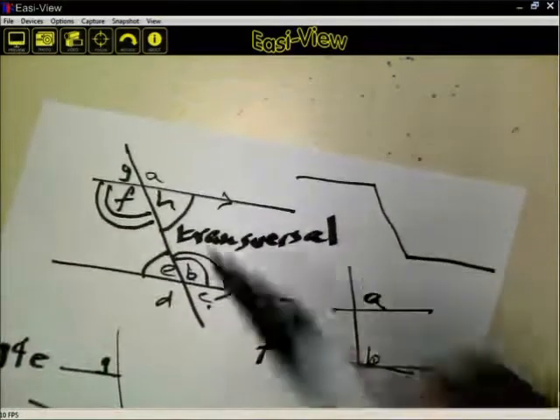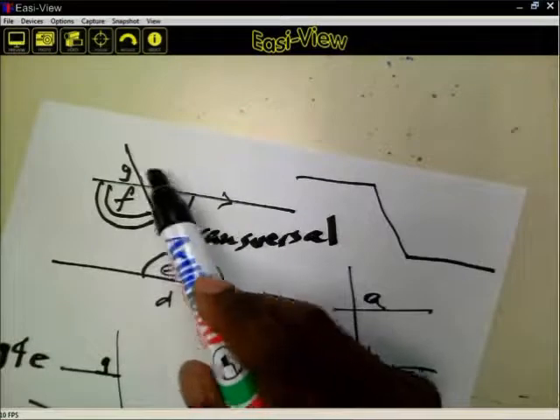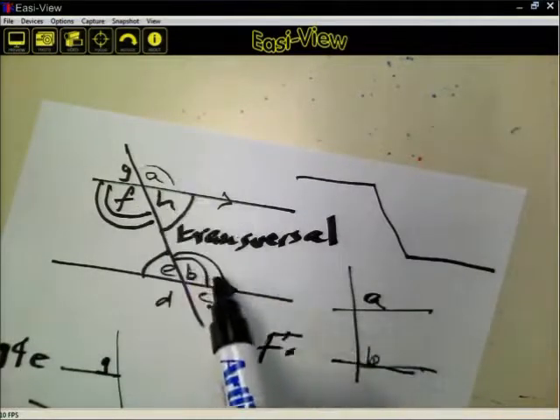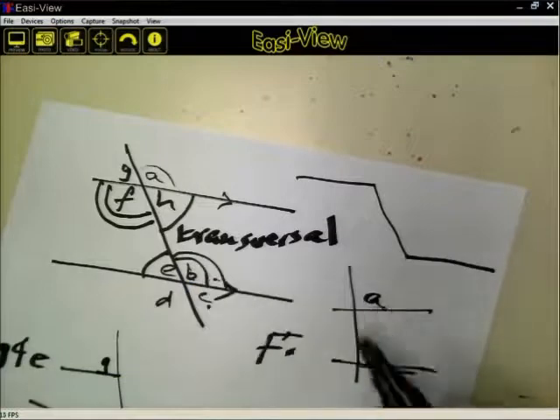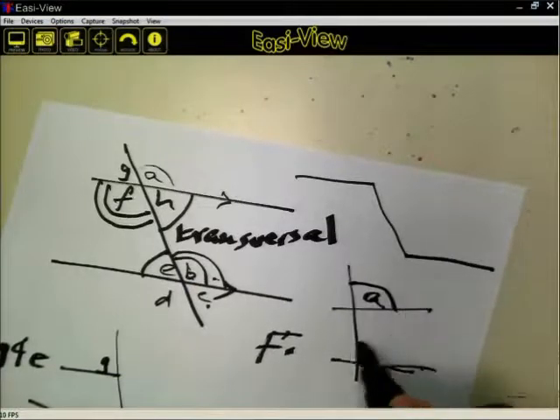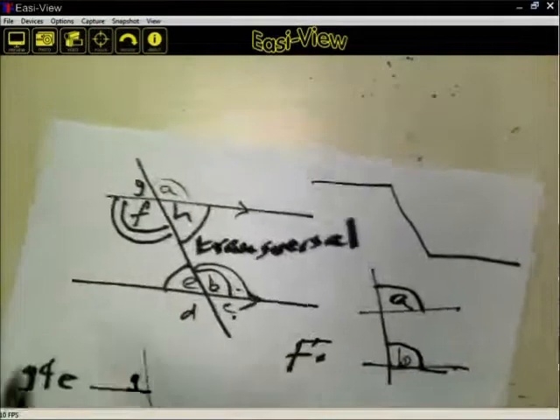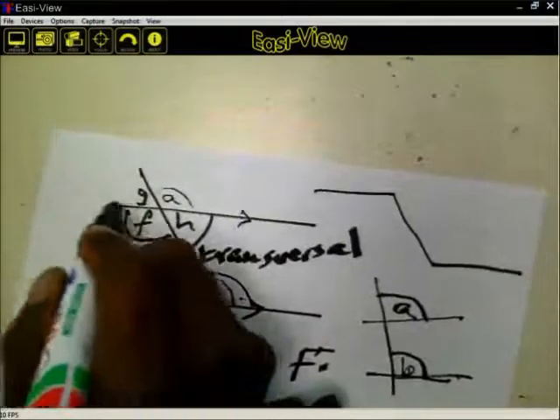Corresponding angles are on the same side of the transversal. A is to the right, so is B. A and B are corresponding, they are to the right. At the same time, if this line is AB or KL,